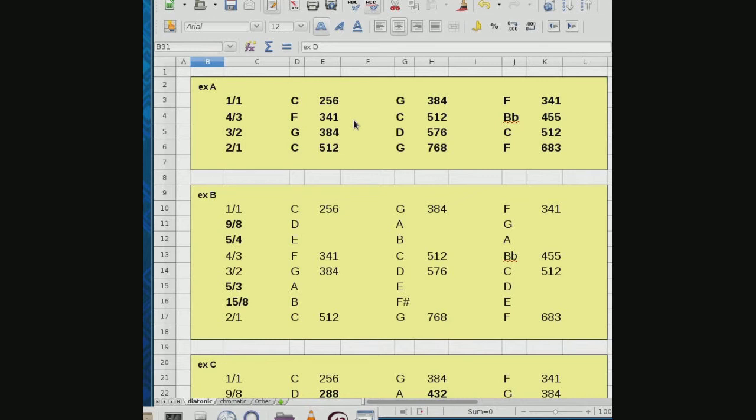In fact, so much so that you might have heard of the cycle of fifths, which is nothing except take a C, find its fifth, take that G, find its fifth, take that D, find its fifth, up and up and up, and after 12 iterations, it'll be back to a C again, and everything stays in sync. But if we open that up to more fractions, try to make a diatonic scale,